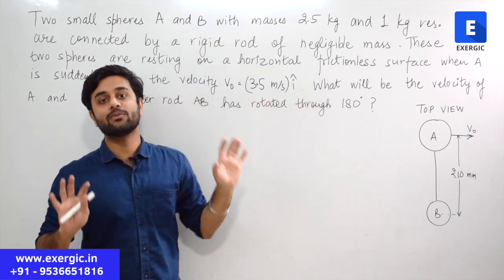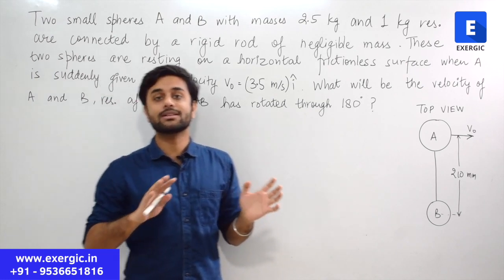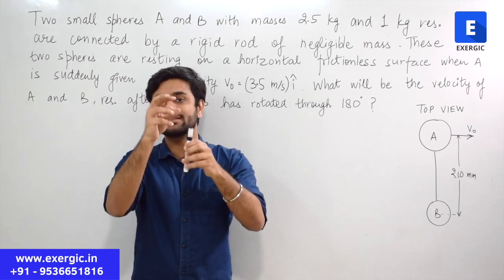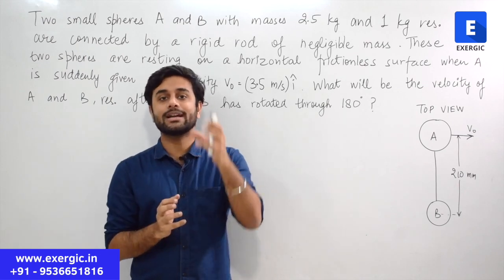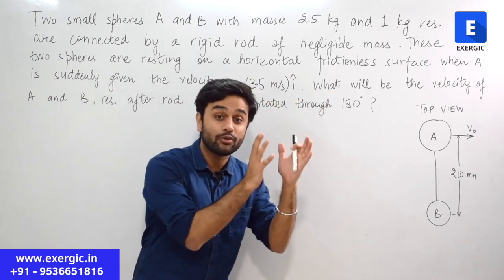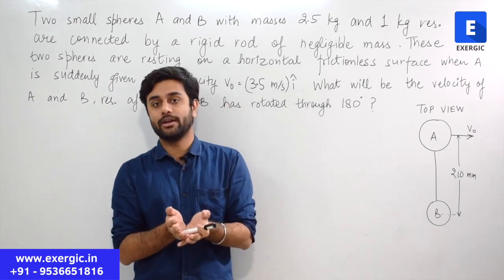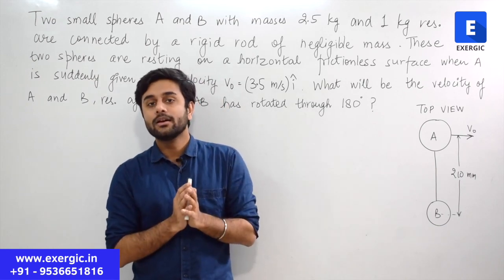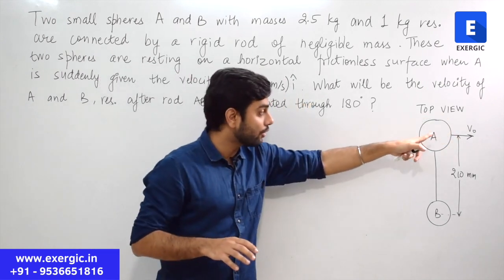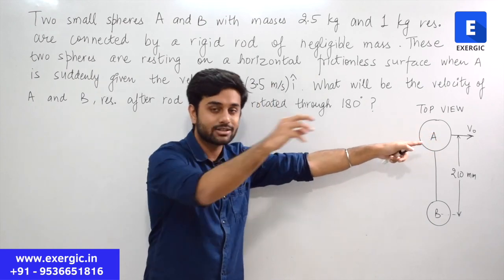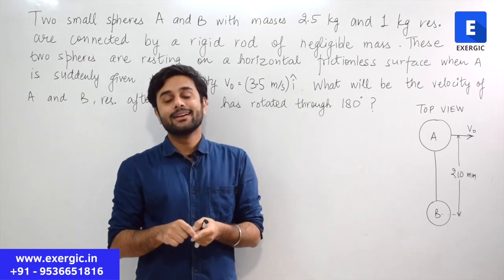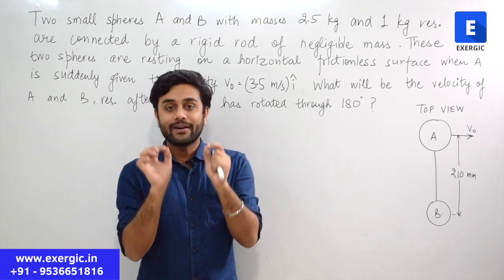So as such, they are different for our analysis. But for the sake of motion, they will act like a single body, right? Because they are connected. It is not possible that A will start moving somewhere and B will not move. They are connected. So for the sake of motion, they act like a single body. Correct or not? Logical? When A starts moving like this, when a velocity is given to A or to this point in this direction, the overall effect of that on A and B can be understood by finding out their